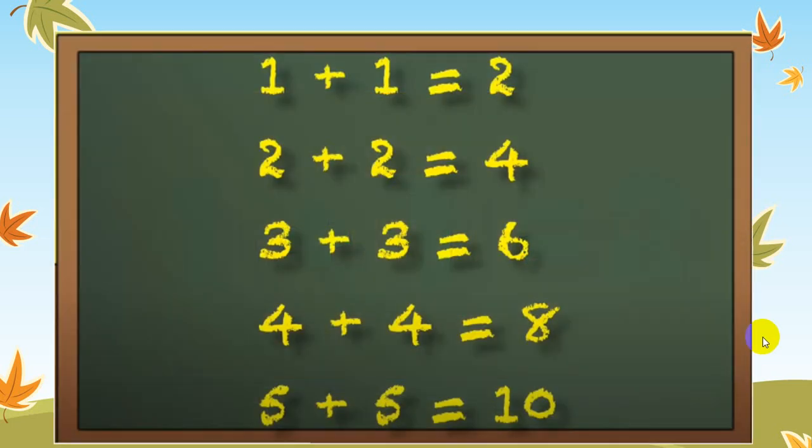Let's do another question. Like if I have 2 and I want to know about the double of 2, then I'll add 2 more, the same amount. If I have 2, then I add 2 more, then it will become 4. 2 plus 2 is equal to 4. So double of 2 is 4. Let's do it on the 10 frame.